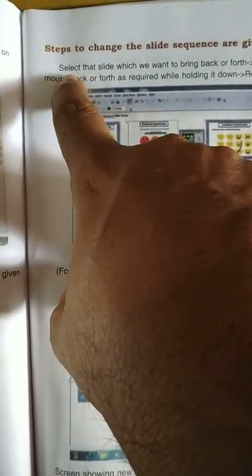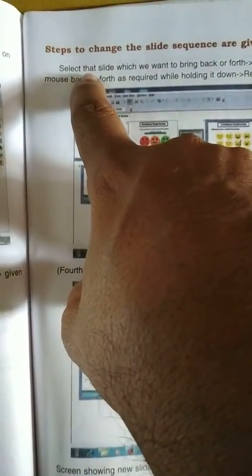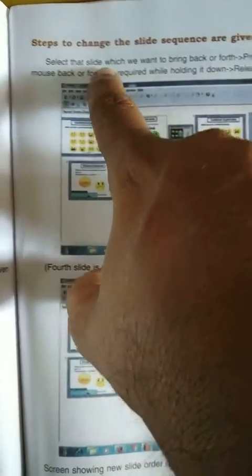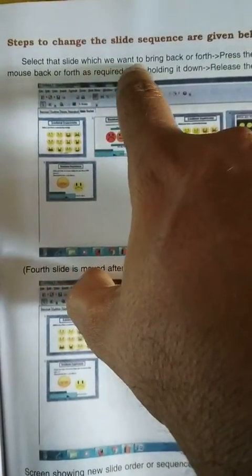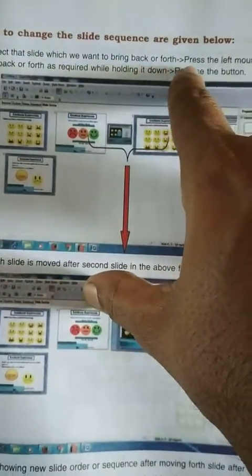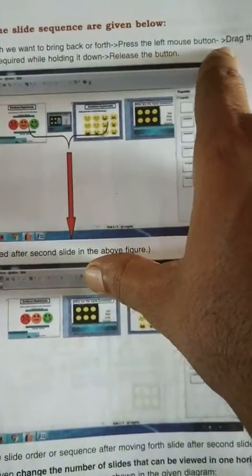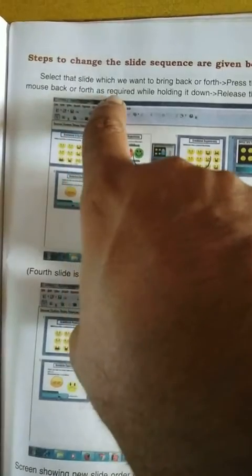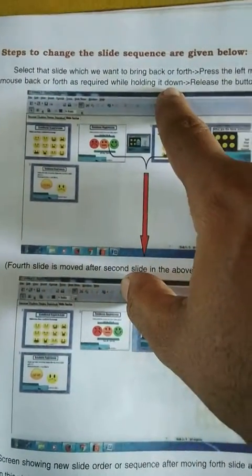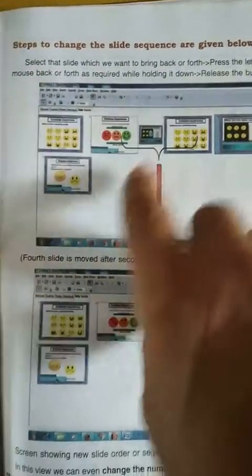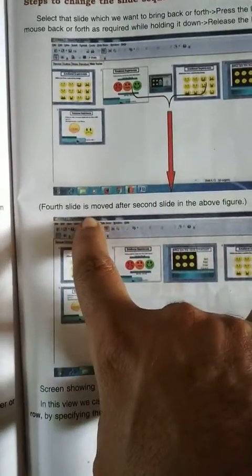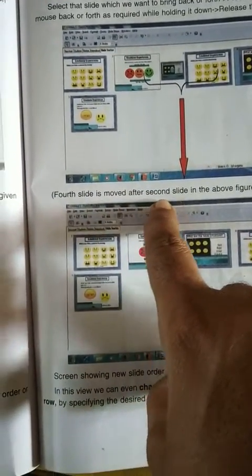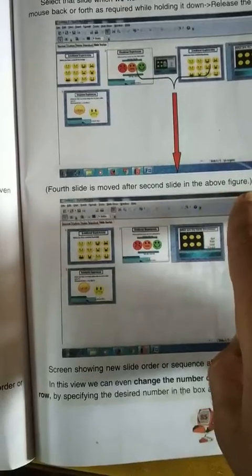Select the slide which we want to bring back or forth. Press the left mouse button. Drag the mouse back or forth as required while holding it down, then release the button. The fourth slide is moved after the second slide in the above figure.